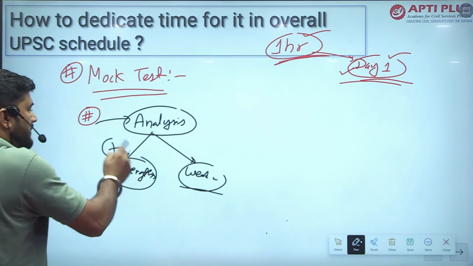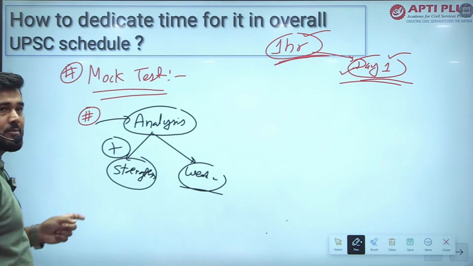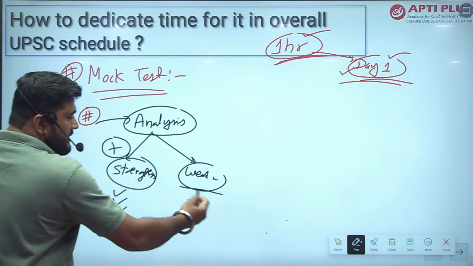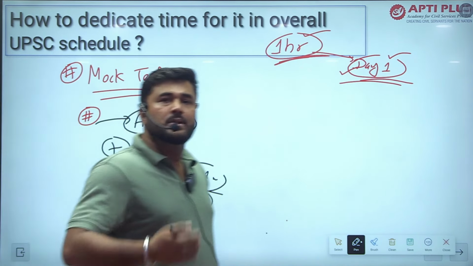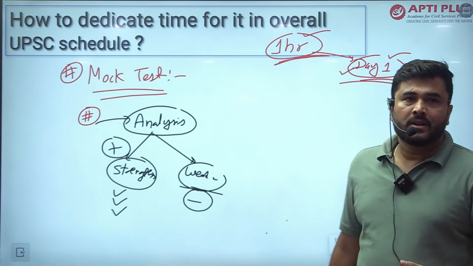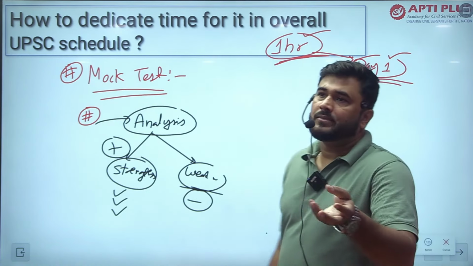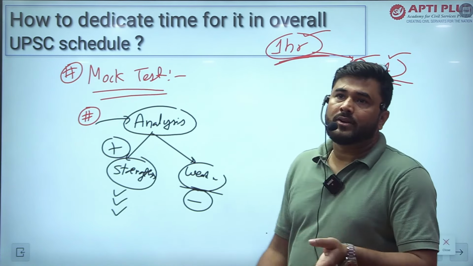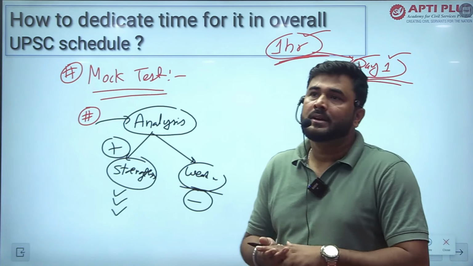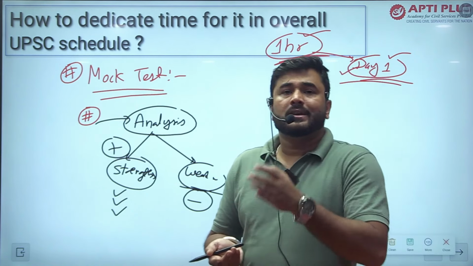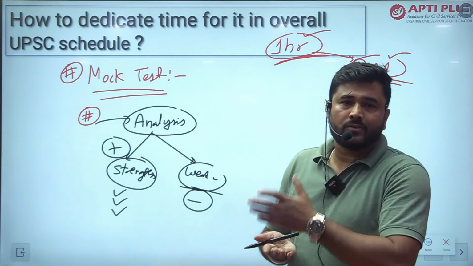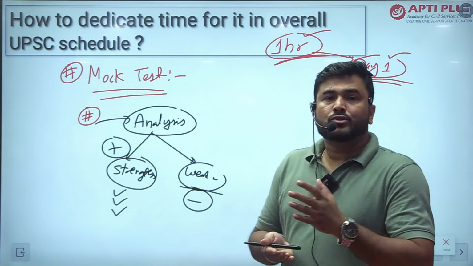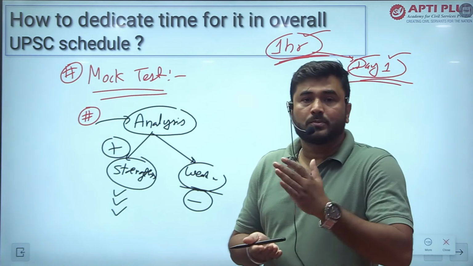Whatever your strength chapters are, maintain those chapters in your mock test schedule, and whatever the weaknesses are, try to uplift those chapters with proper practice. Like if you take the ratio proportion chapter, and you are regularly getting negative marking in it, like 2 to 3 tests you have given and you got negative marking in all of them, that means your ratio proportion chapter is not perfect yet.